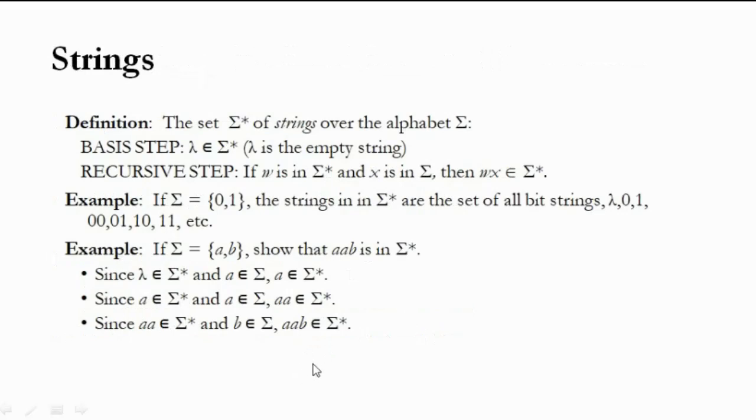So far, we have seen the concept of integers, integer sets, real sets, these kinds of things. Now we'll move on to a special kind of concept called strings. A string is a collection of characters or numbers, or a mixture of characters and numbers. Sometimes the string may be empty, and sometimes it may have some value. That means a string can be empty, and it may also have some set